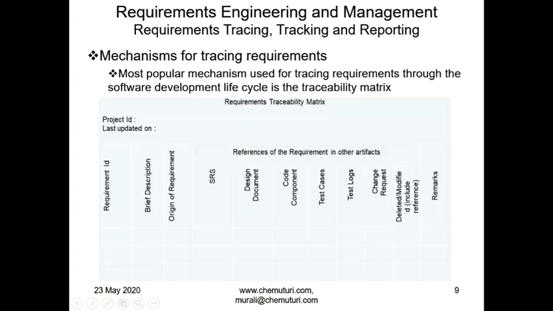This kind of traceability matrix needs to be used. And of course, on top you have the project ID and the last updated date, so that we know how current the information is. Or you may have more columns or fewer columns depending on the specific situation at hand. But maintain a traceability matrix, and the requirement ID is the requirement ID as defined before you start working on the design. Ancillary requirements as well as core functionality requirements both must find a place in this.